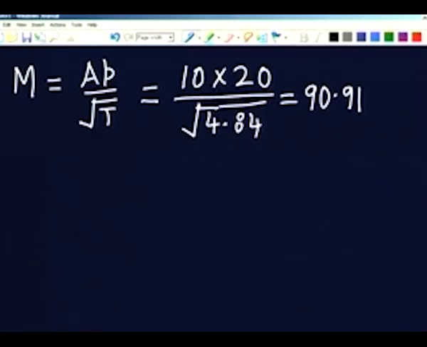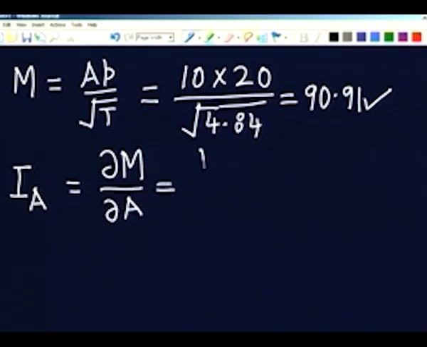And this is the value of M which is expected for the values of A, P and T which are given in the problem. Now I have to find out the error. To determine the error, I have to find out the influence coefficients. So I will call them influence coefficients, Im. Now I will change it to IA, the influence coefficient for A, which is nothing but dou M by dou A,